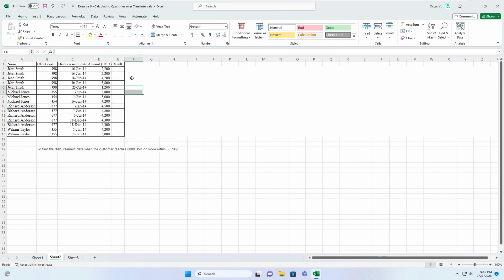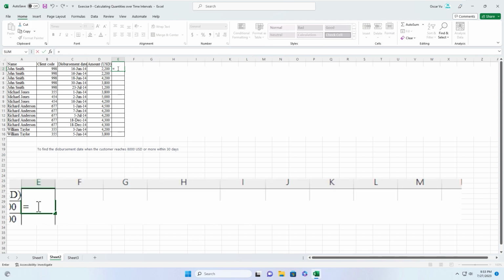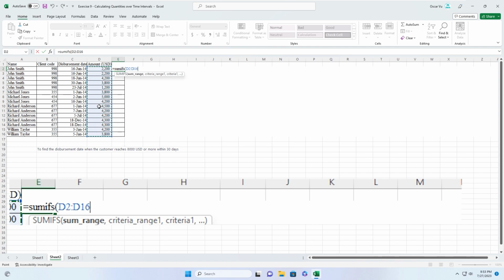OK. First of all, download the file I put in the description below. You have this table. With this request, I will use the SUMIFS formula to find the result. In this cell, you type equal SUMIFS open parenthesis. Sum range, this range. You press F4 to lock, comma, criteria range 1, in the name column, you press F4 to lock,